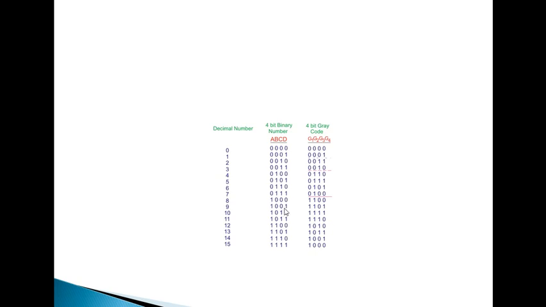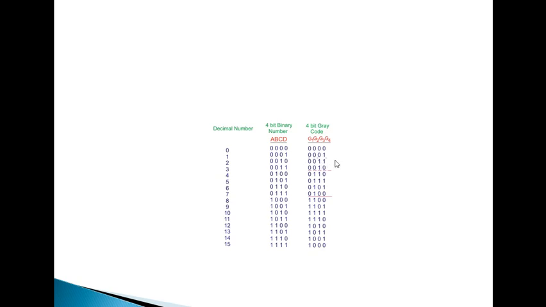In a single transition 2 bits are changing, but if you take any gray code, there is only one bit change. If you compare any two consecutive codes, for example this and this one, only one bit is changed. If you consider these two codes, only one bit changed here from 0 to 1.